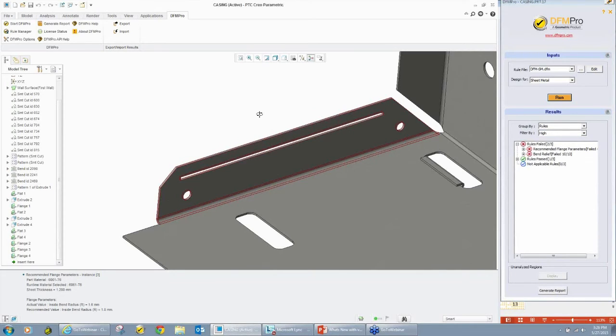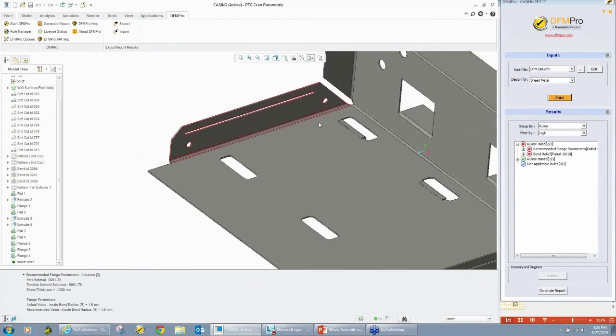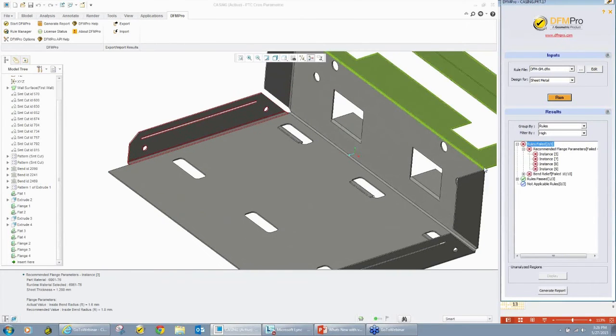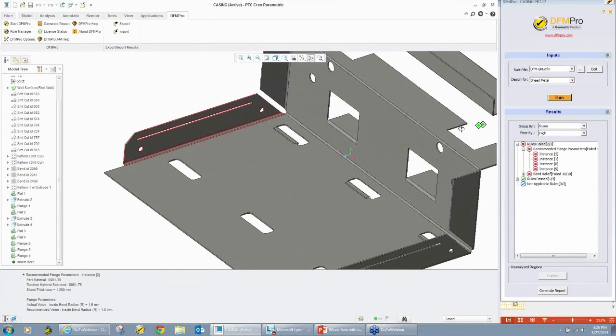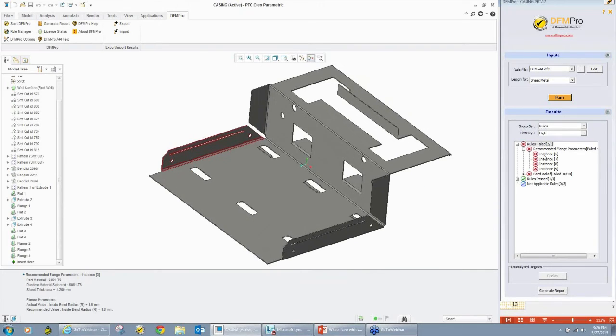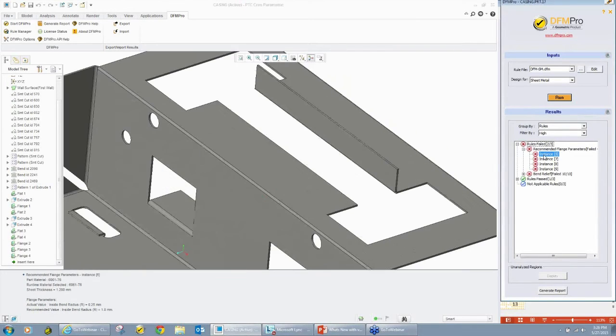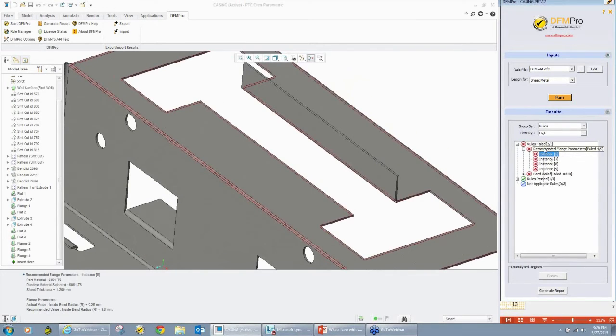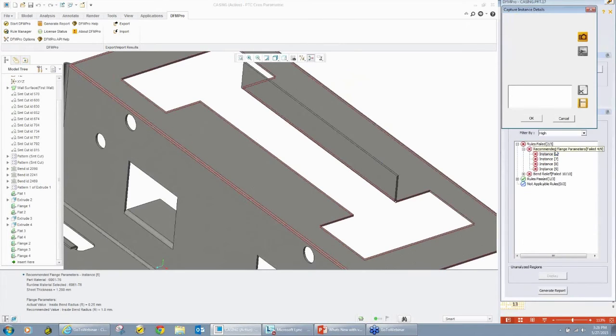Going forward, as a designer, if I want to have certain reports, because I have to carry out some reviews with manufacturing, I can right click and press Control I. As soon as I press Control I, I can take a snapshot of this and say that okay, the inside bend radius is 0.25